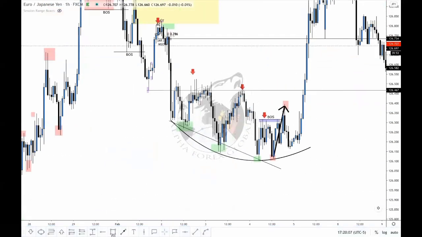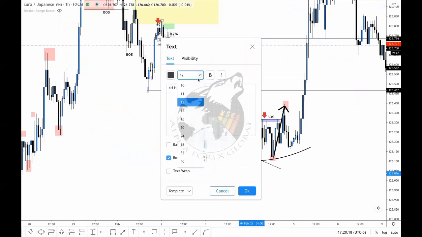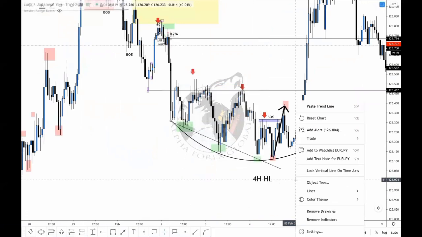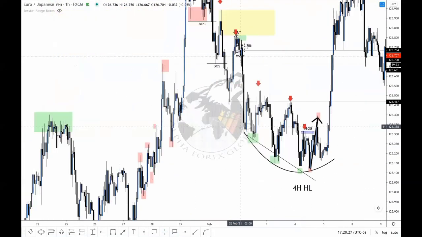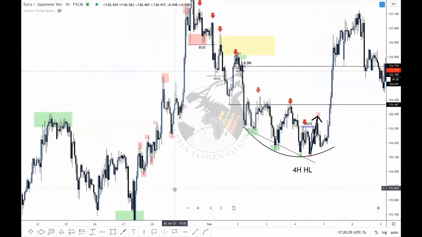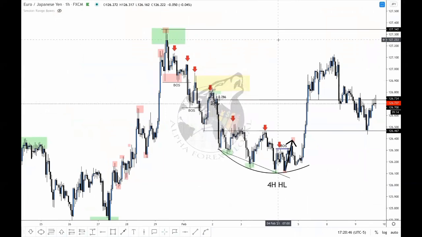So now we basically identify this as 4 hour higher low. Right? So we identify this as 4 hour higher low. Now, if we identify this as 4 hour higher low, it means that from a 4 hour higher low, we need to create a new high, right? So my target, if I get an entry here, will be at this high, right? This is where I'd be looking to take profits, because from a higher low, we need to create a higher high in an uptrend,